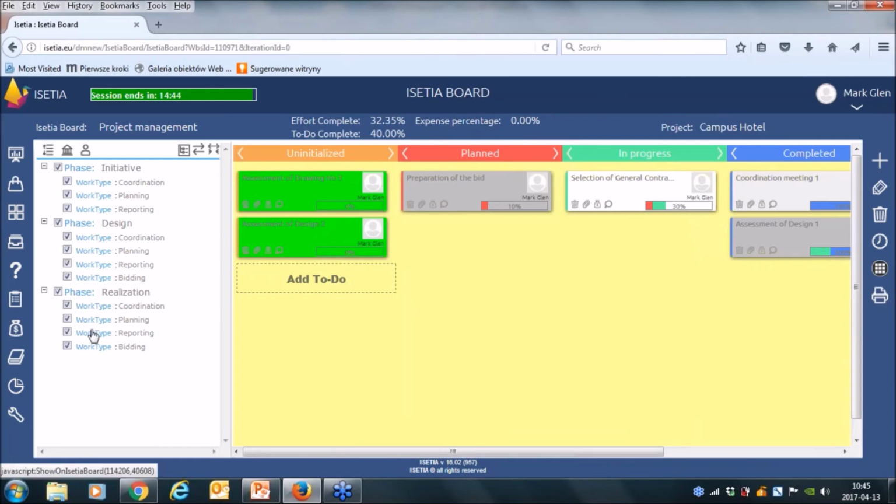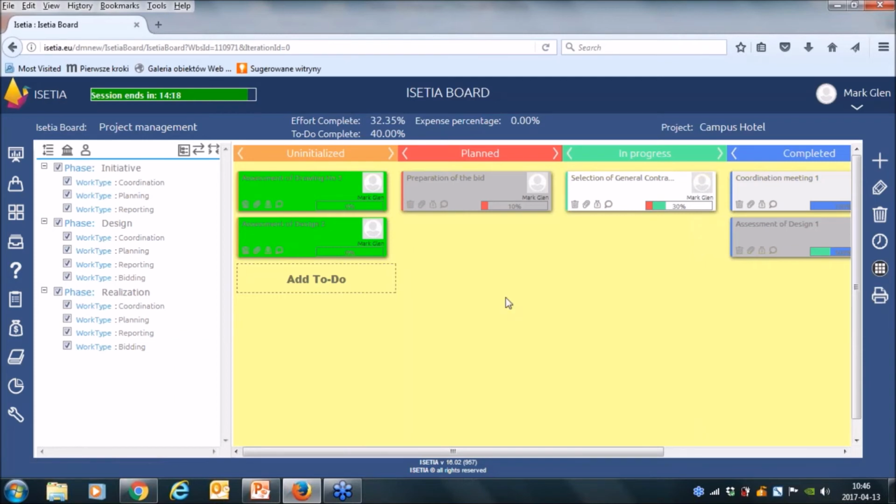This is the ISETIA board, but it is specially configured for the management. I had some works for initiative phase, design work, design phase, or realization phase. These are some work types I also point out. So this is my obligation to coordination, planning, reporting, bidding, and so on.